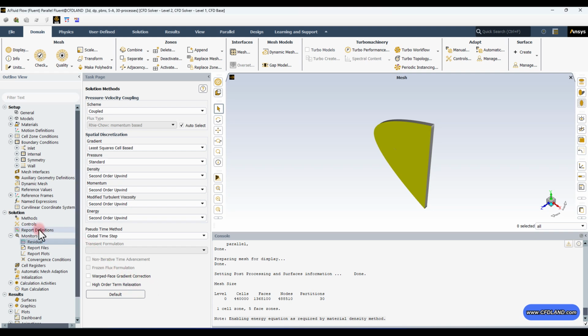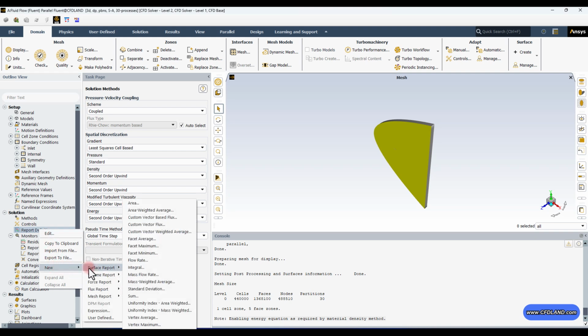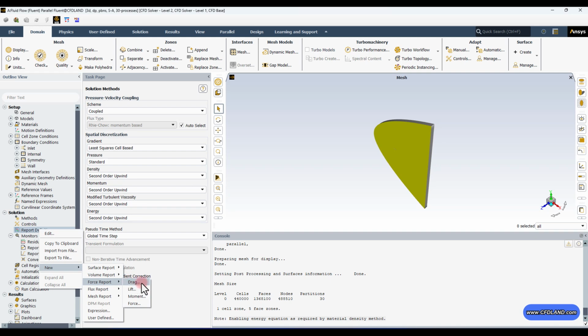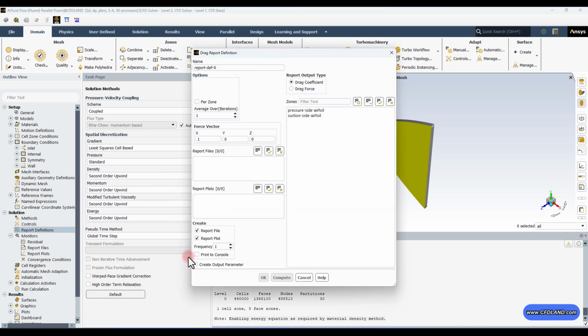simulation. So from the report definition part, by right clicking on that and defining a new force report, you can find drag and lift right here. So let's start from drag. First of all, I'm going to name this report as drag co, which stands for drag coefficient, and the report output type would be drag coefficient. So your software will adopt the drag force on the airfoil or the zones that we are going to activate in here, and by considering the reference values, it can calculate the drag coefficient. But one more